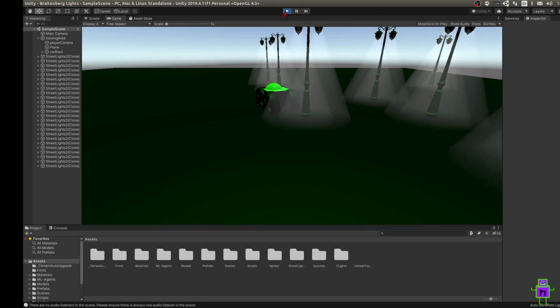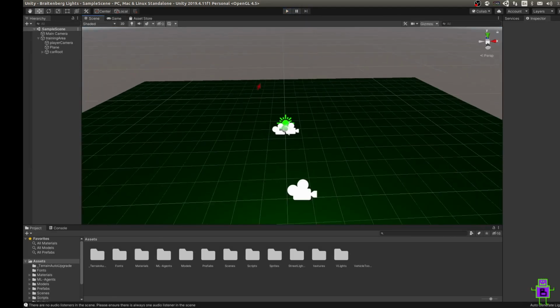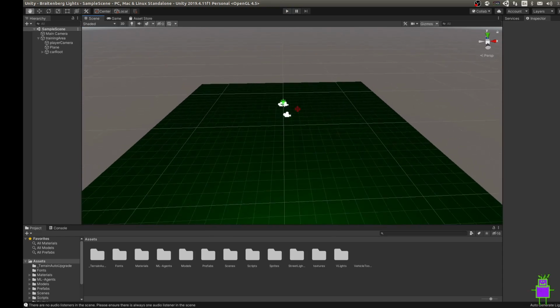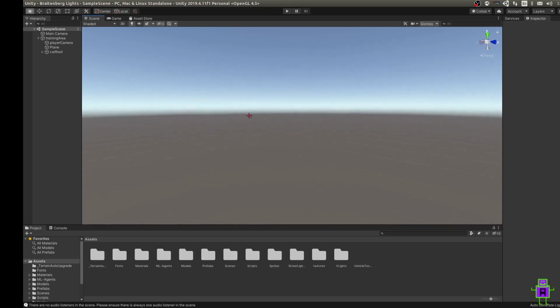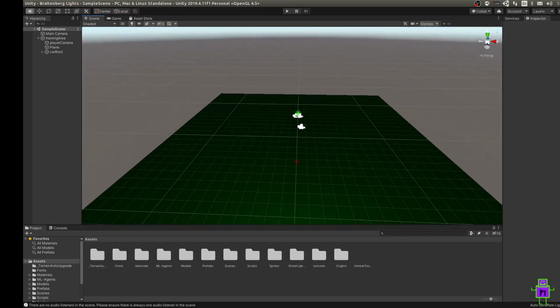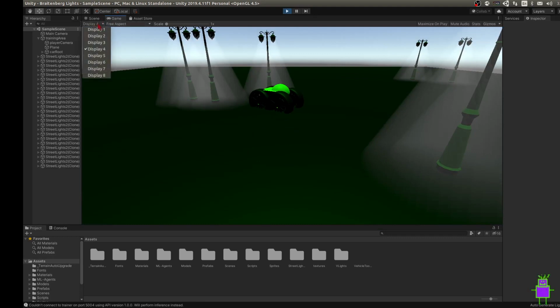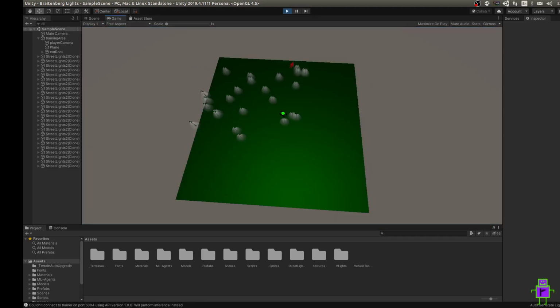If we take a look at this environment, it is just a giant plane for this vehicle to move around on, and I have no sun in the picture. That means the light sensors are only going to pick up on the street lamps that get initiated when we start the environment. If I switch the display, we can see there are some randomly placed street lamps that have volumetric lighting, which means that depending on where this vehicle goes and how close it gets, the vehicle will be able to detect the light from the street lamps.